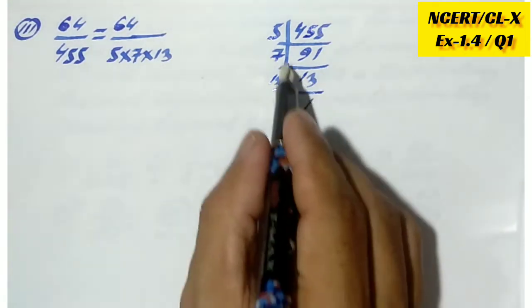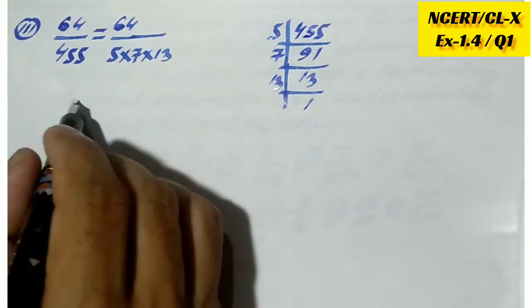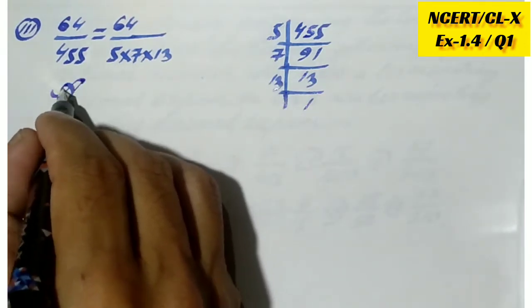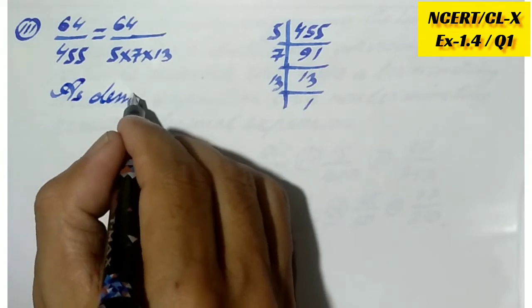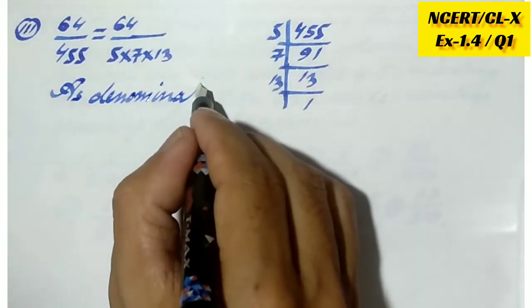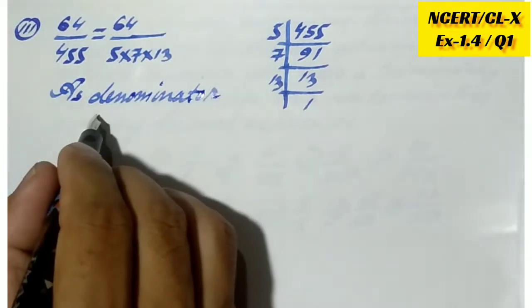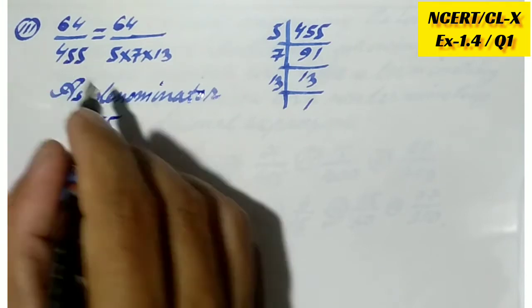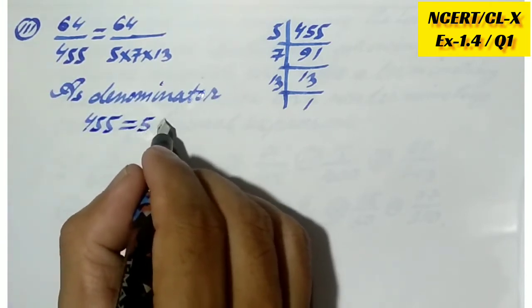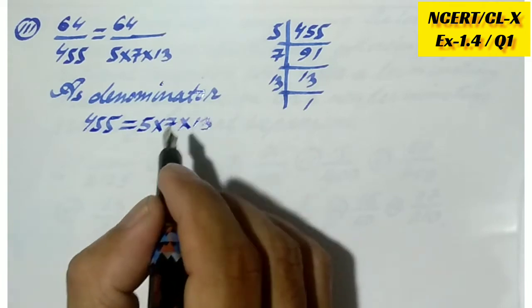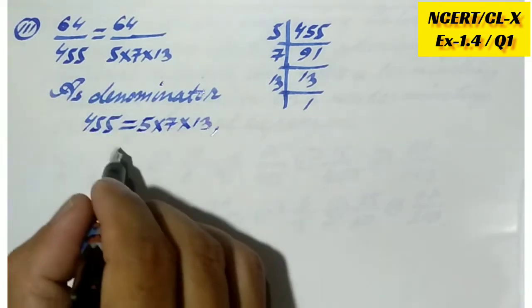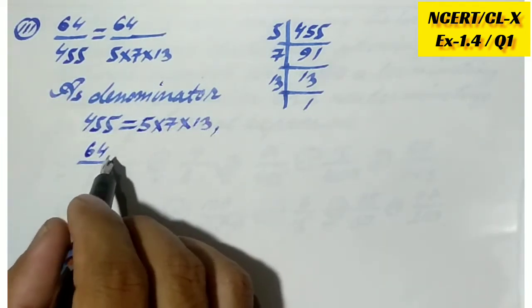Now what we have to write here is 5 into 7 into 13. So that is the denominator 455. As the denominator, 455 is equal to 5 into 7 into 13. This one we get after LCM. So 64 by